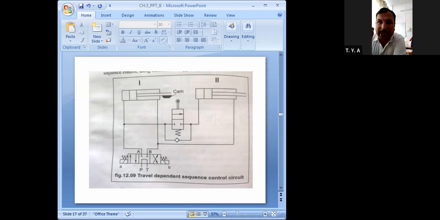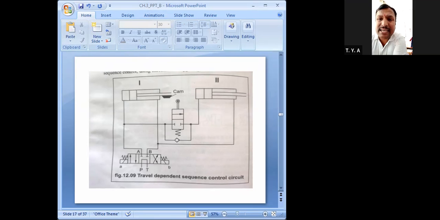See, now in this travel dependent sequence control, what happened? After reaching a certain distance by cylinder number 1, that is a preset distance, the preset value of your distance.